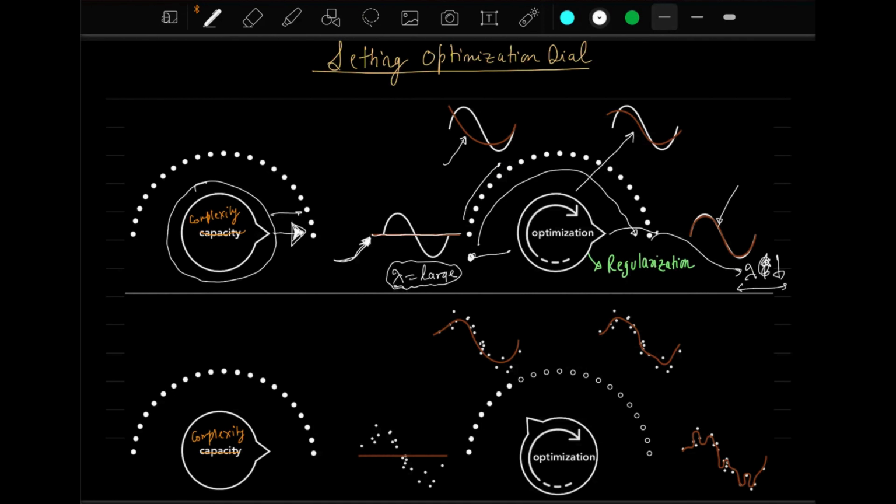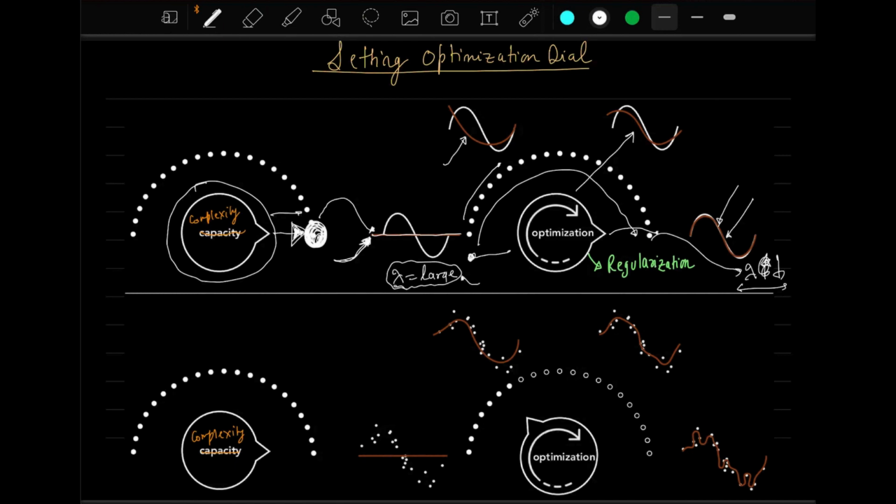So if lambda is very small, you will actually create a complex model like this. But when lambda is large, though you have a complex model, because you are selecting at this point a highly complex polynomial regressor, a highly complex polynomial function, your lambda will penalize that model and it will create a straight line like this. So that is the role of regularization that we will understand in more detail in our coming slides. This is just a 10,000 feet overview of what regularization is actually doing to your model.